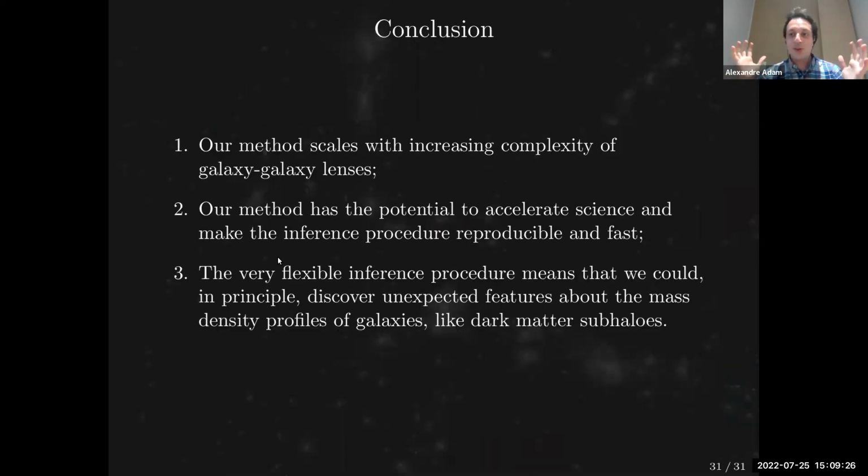So I hope I convinced you that it's possible to have your cake and eat it too: do machine learning, do fast inference, and actually have a method that's super flexible, that's likelihood based, and that makes sense physically, where you can actually tune the physical parameters and still have something. So our system scales with complexity. It scales with the number of images that you might want to reconstruct. And in principle, it's so flexible that we could discover new things that we didn't expect before because we have these images.